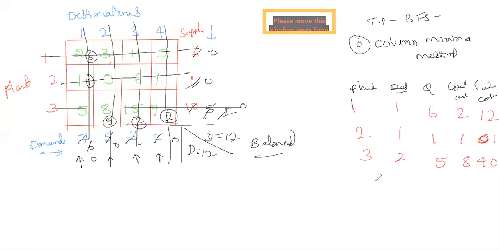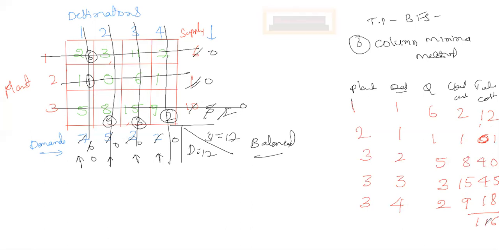Next, third, 3 comma 3. So here the quantity is 3, cost is 5, that is 15. And last is 3 comma 4, and here the quantity is 2, cost 9, total it will be 18. Okay, sum this total. So 2, 8 plus 2, 10, 15, 16. This is 16, 1 carry. And this is 1 plus 1, 2. 8 plus 8 plus 2, 10, 10 plus 1, 11, 116.